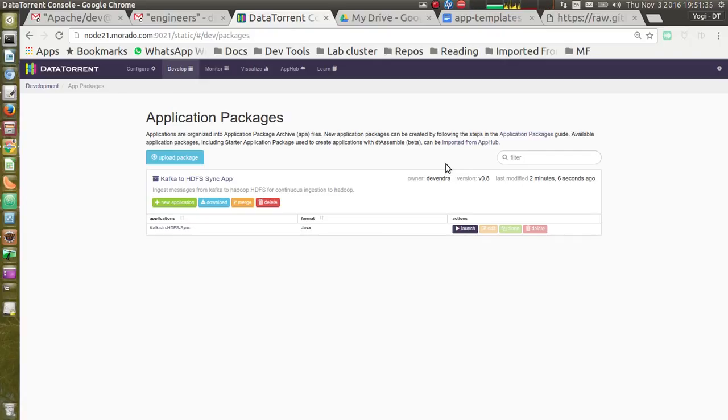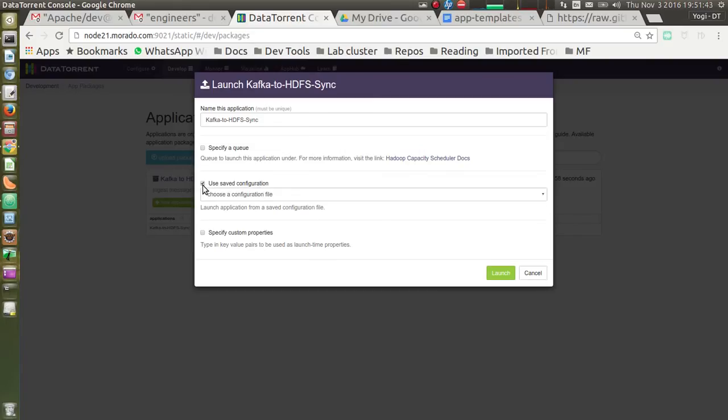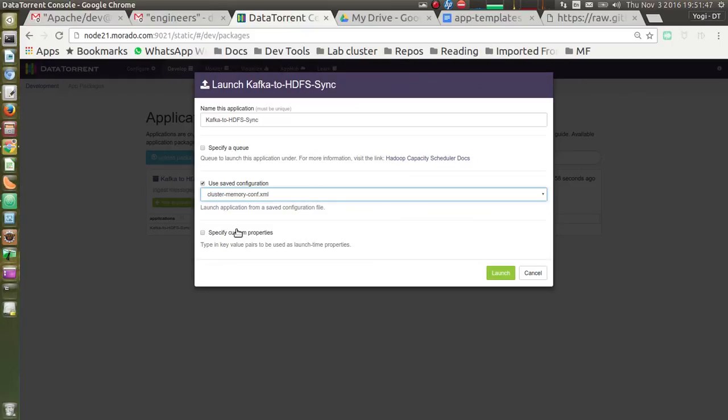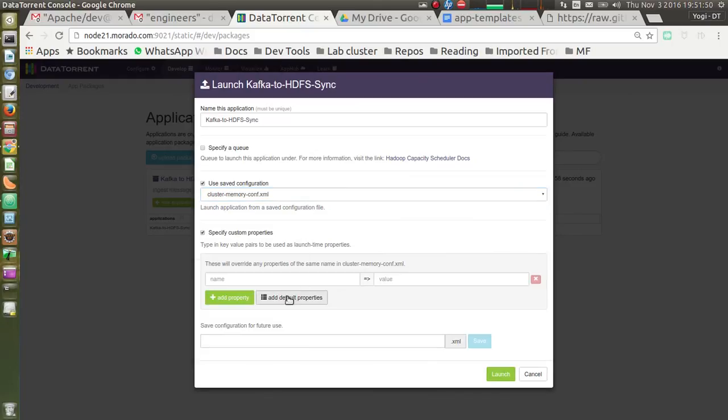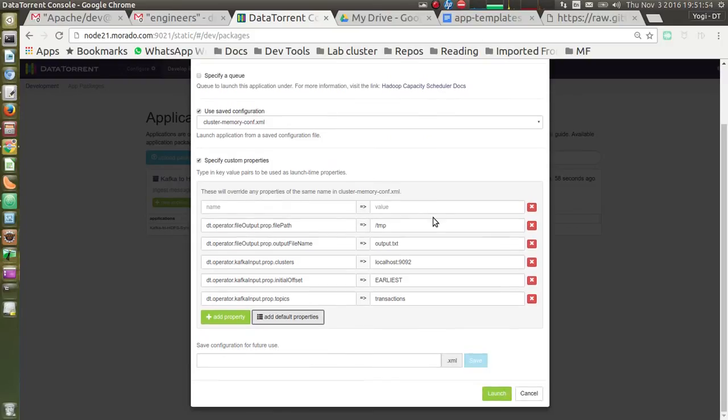Let us try to launch this application. Again we are selecting the cluster memory configuration from saved configuration, and default properties we are giving as per the environment.